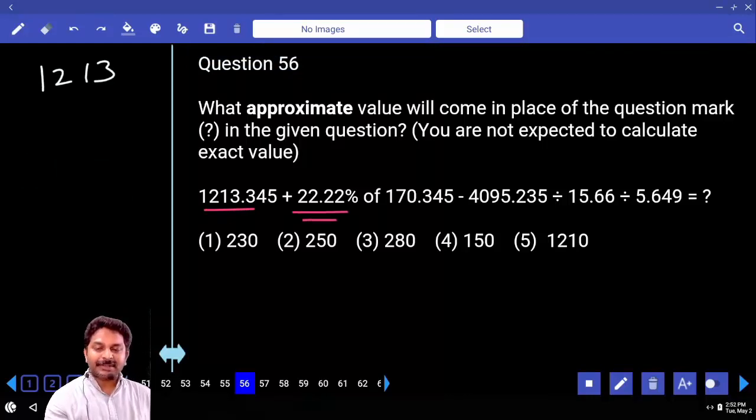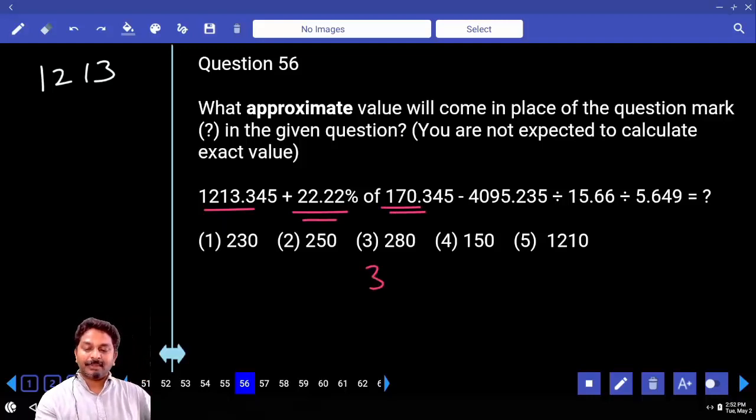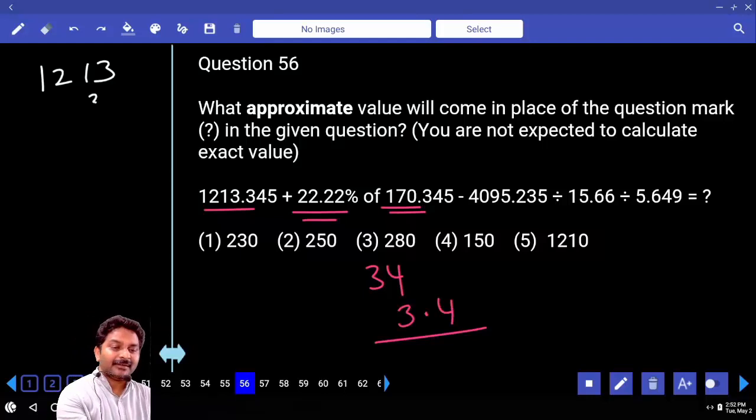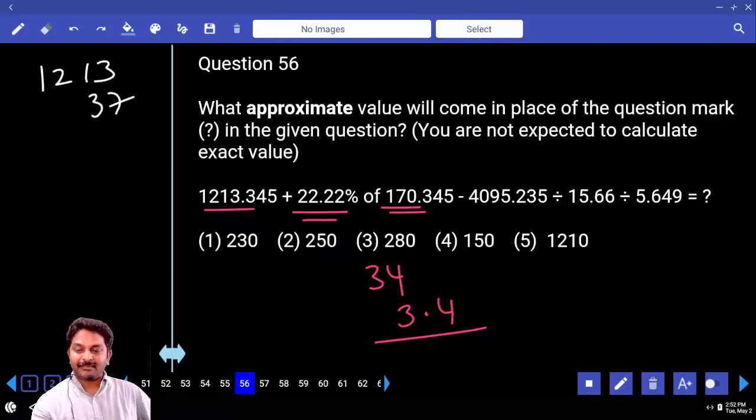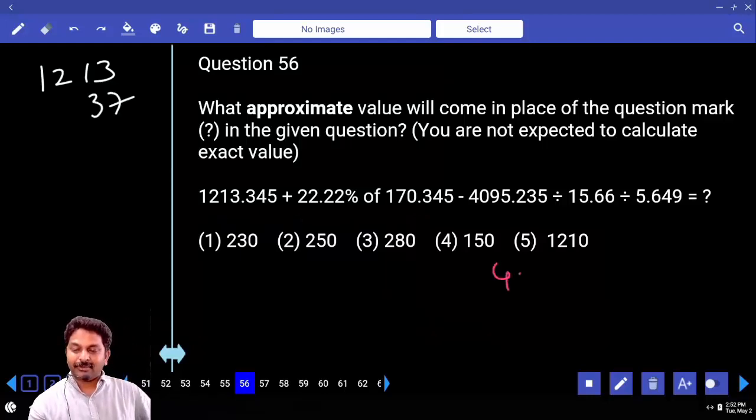1213. 22% of 170. What is 20%? 34. 2%, 3.4. Approximate 37 minus this number, right? 4095 by 15 into